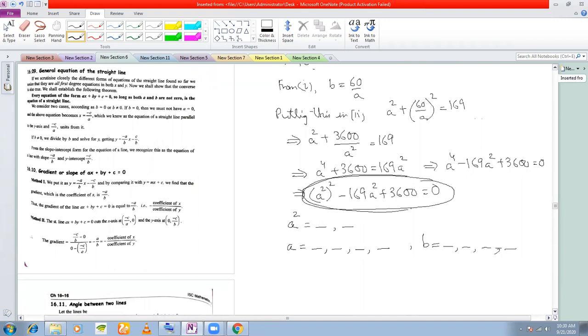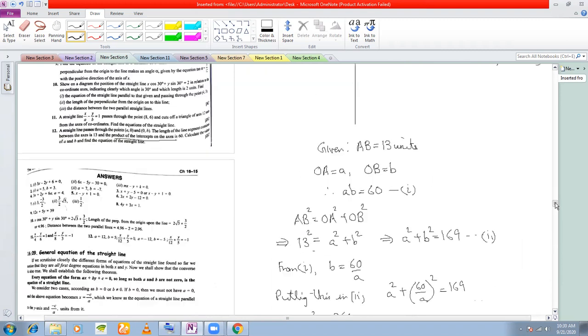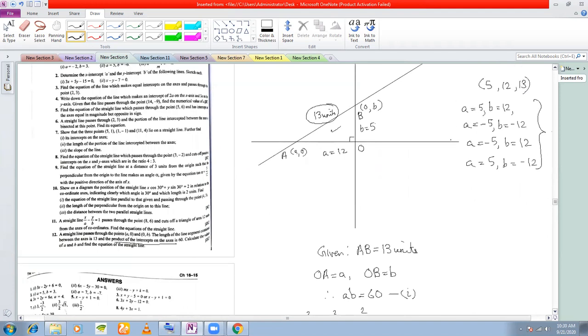So that is what you are going to get here also. If you solve this quadratic, if you are not using the triplet, you will get four values of A. 2 will be negative and 2 will be positive. Similarly for B, 2 will be negative and 2 will be positive. So for all the combinations, we are going to try here. But the best way is to use a triplet. If you use the triplet, this becomes 5. And obviously, the product of the intercepts will be 12 into 5, which is equal to 60 in any case. So that is the best way of doing this problem.